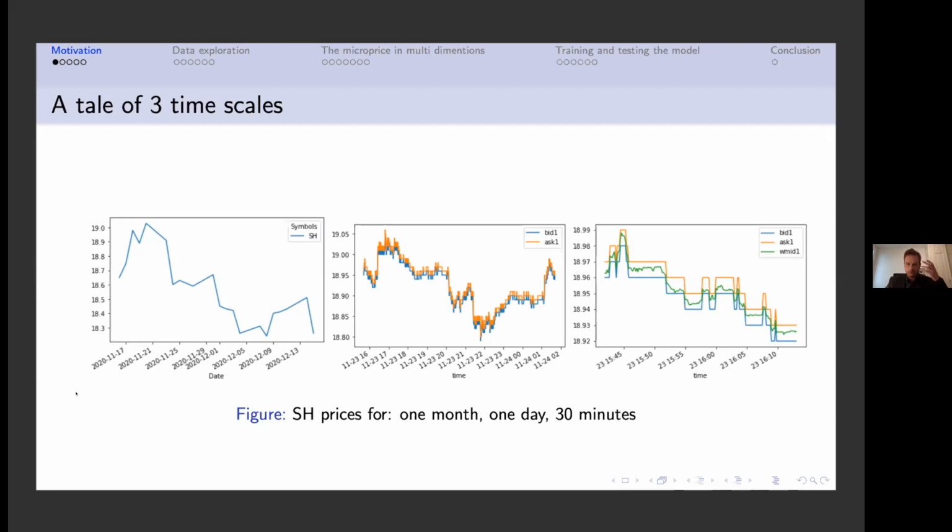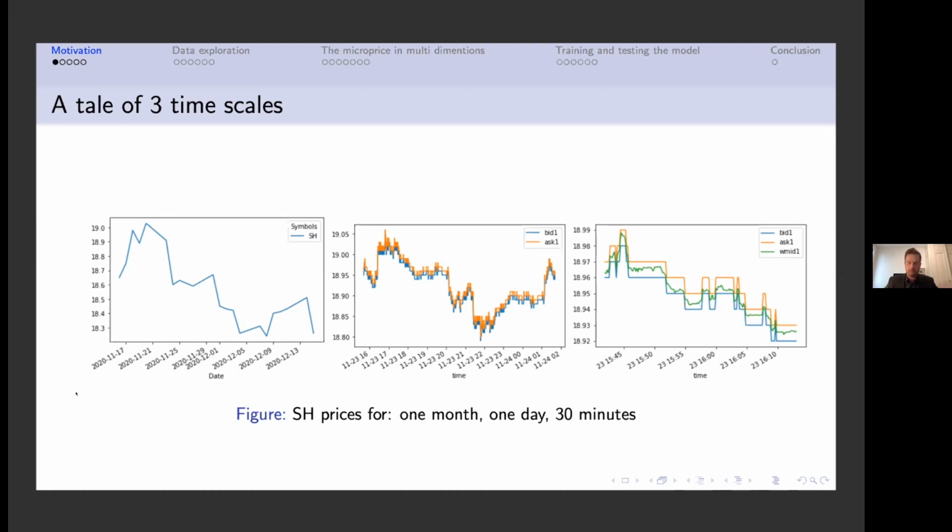And it behaves very much like a stock or an ETF. And that's sort of the realm that we often think about when we model time series. But what happens when you look at the second plot, which is a single day in the life of SH, you see that suddenly the bid and the ask take on an importance, and you start seeing that the moves in the prices are a little bit more